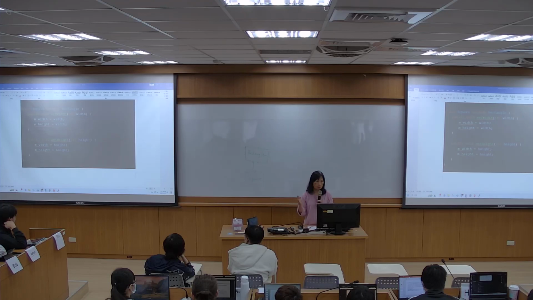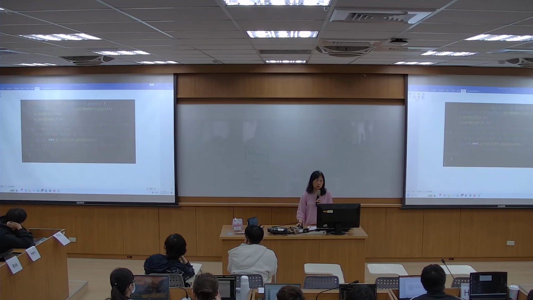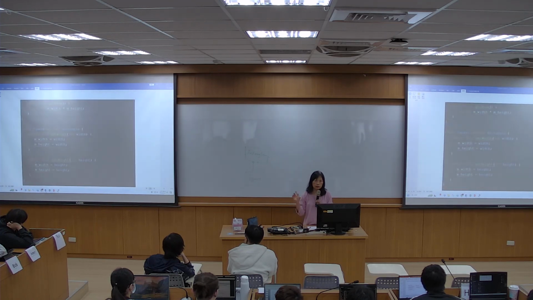Square has to be the same, since the parents will be different. So we need to set it the same for square. But if it is a new rectangle, we do nothing. With square, we need to set them the same. But the key is which one you set first. If you set width then set height, or set height then set width, they will affect this part. It doesn't matter whether you set it first or later, because it follows this part. But it violates the principle, right?